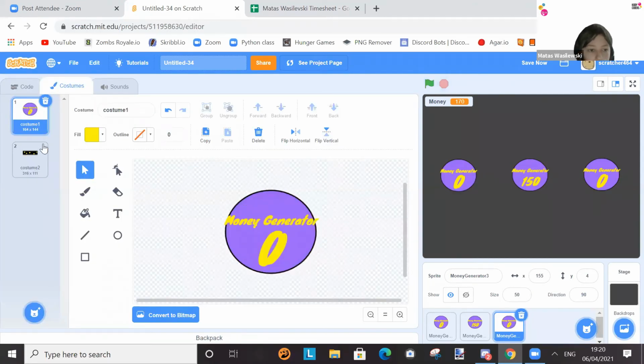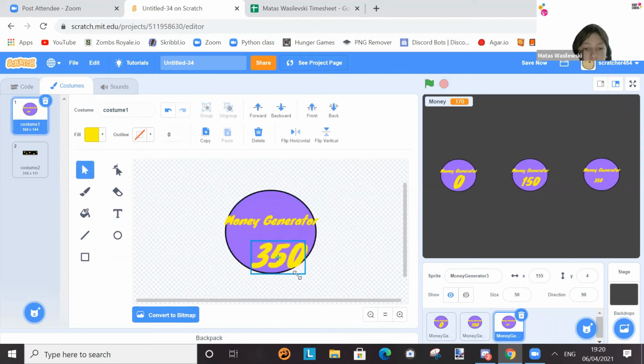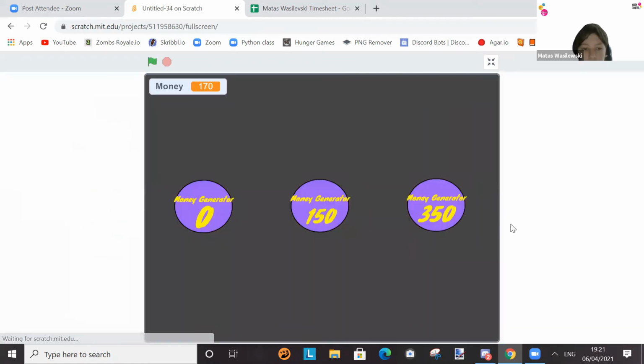costume. So let's click this, delete text. Let's make this one 350, as we said. Make it bigger so people can see it. Okay, now let's go into full screen. If you click run, oh wait,